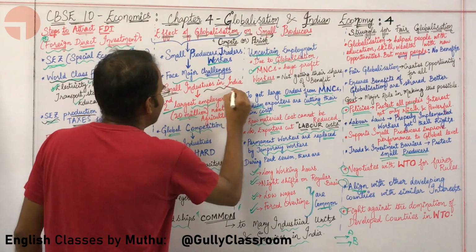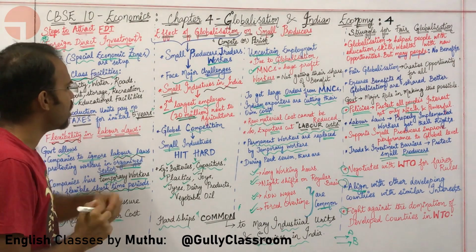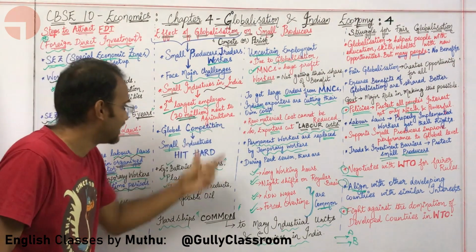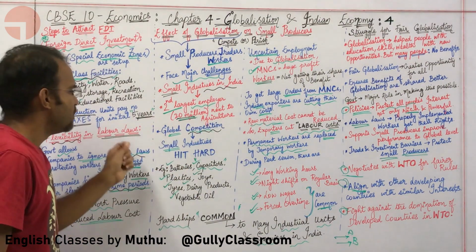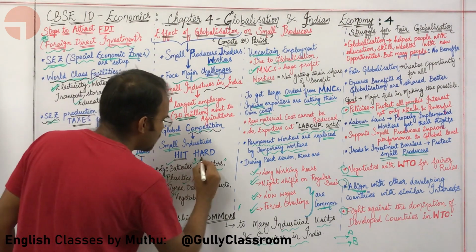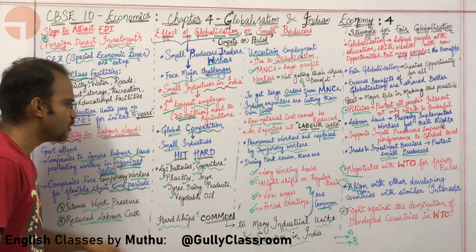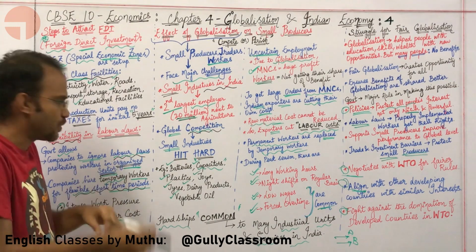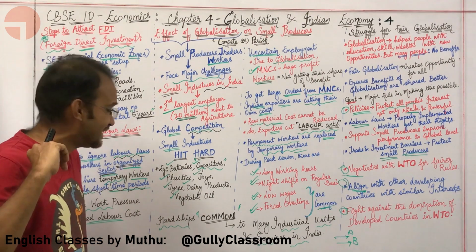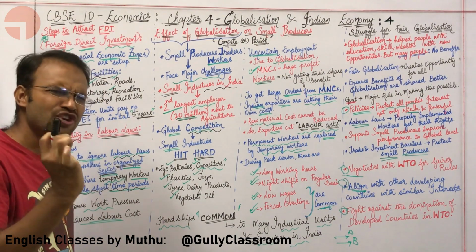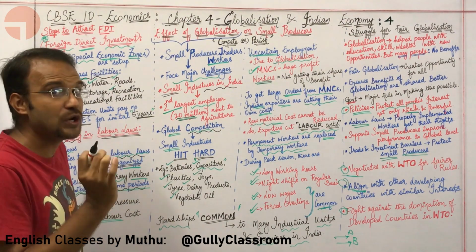Small industries in India are the second largest employer. Around 20 million people are working in small industries. It is the second largest employer next to agriculture. These small industries are facing global competition and they are being hit hard. So what kind of industries are we talking about here? We are talking about industries which produce batteries, capacitors, plastic, toys, tires, dairy products, and vegetable oil. Sir, give me a case study on how one of these industries is being affected by globalization.